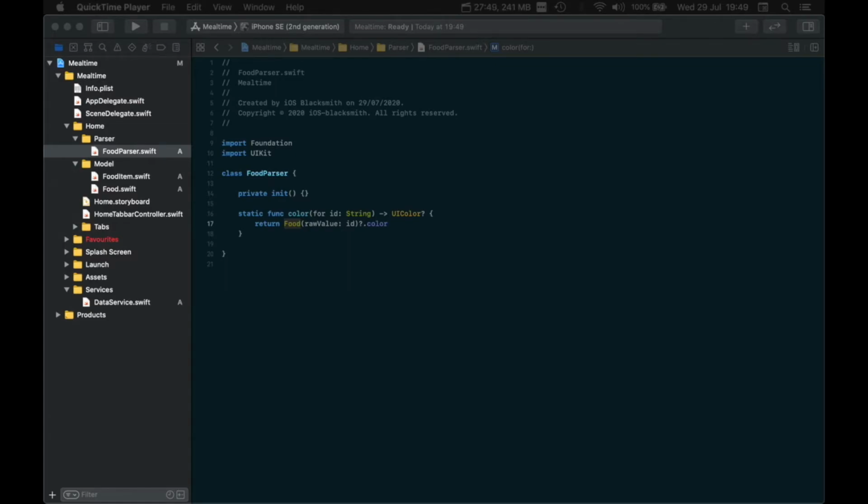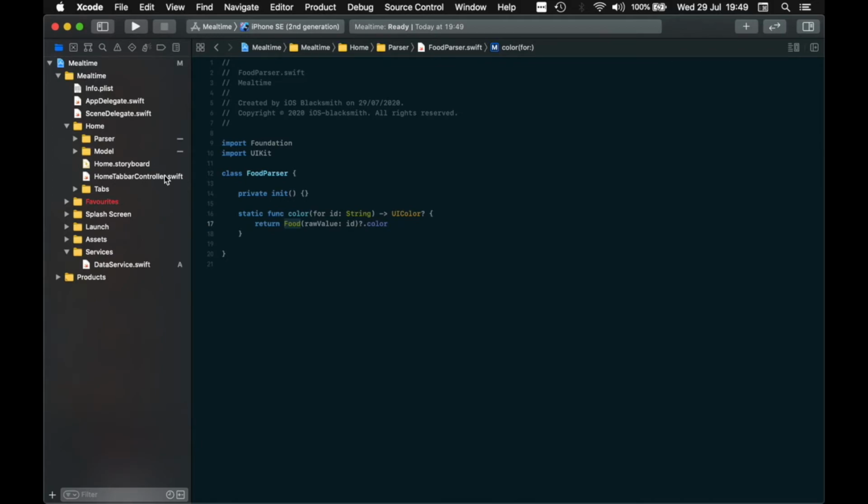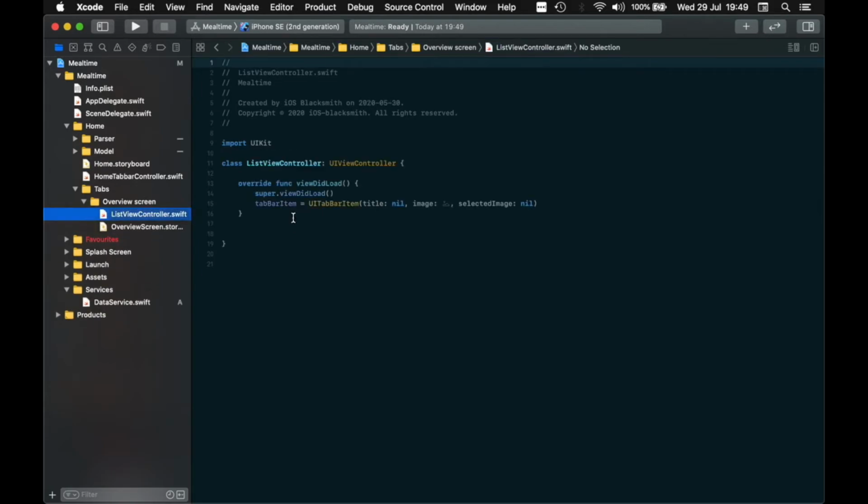Alright, so now that we have our parser and our JSON data ready, let's check it out just to make sure everything is working. So in the last video, we did a presentation of the list view controller and we ended up here. So the did load got called. So what we can do is go into this function and we will be using our